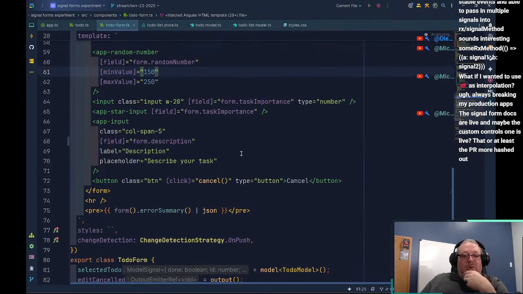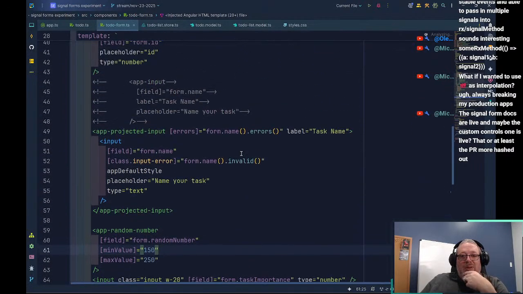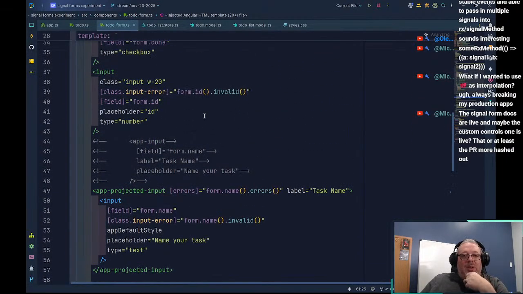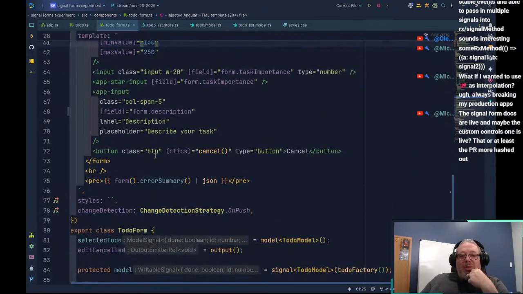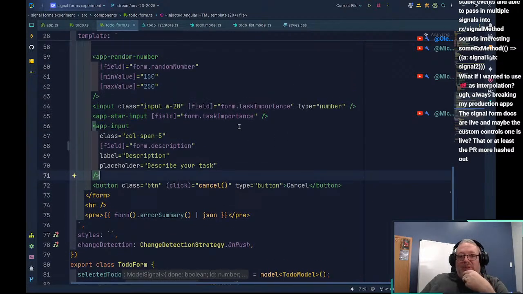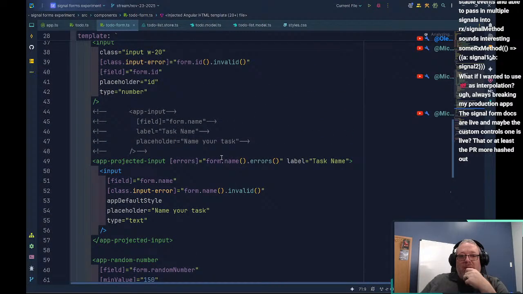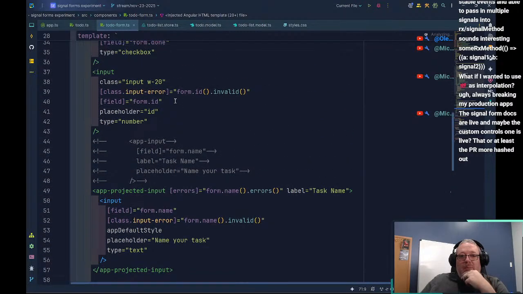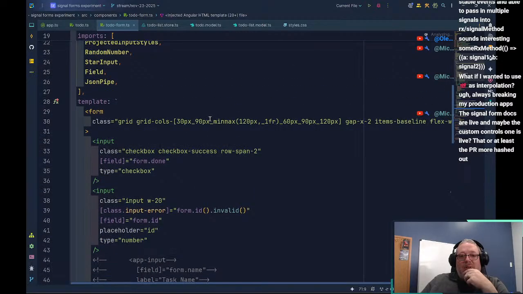What I do want to do is, currently our buttons are not good. What would be a good thing to do here is if we take a look at our input, that's a checkbox.